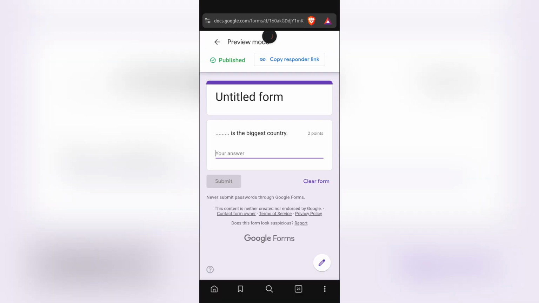work perfectly. And if it still doesn't work, you need to clear the cache of your Google account, and then it will probably fix the